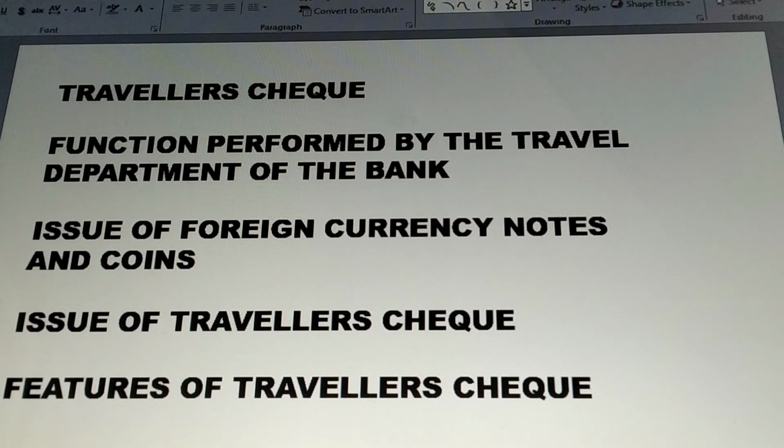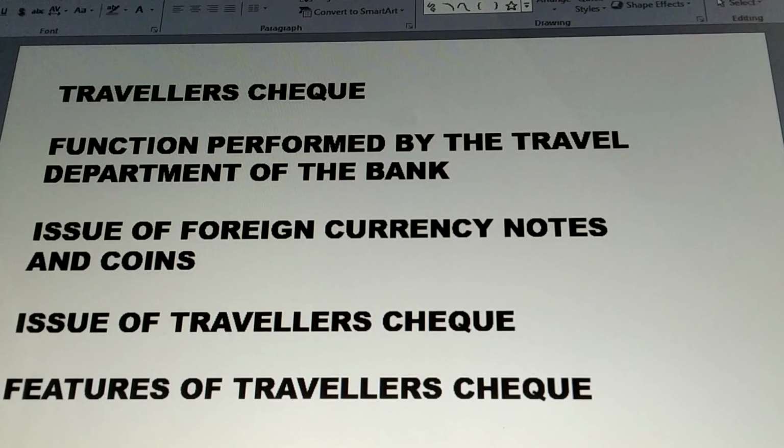Then moving on to the next, a traveler check can be encashed at any office of the issuing bank. Now, for example, a person takes a traveler check from one particular branch. So there is no need to encash it at that same branch. It can be encashed at any office of the issuing bank, the bank which issued it. Any branch can encash it, not the same one, it is not compulsory. One does not have to encash at the same branch of the issuing bank, right? Not required.